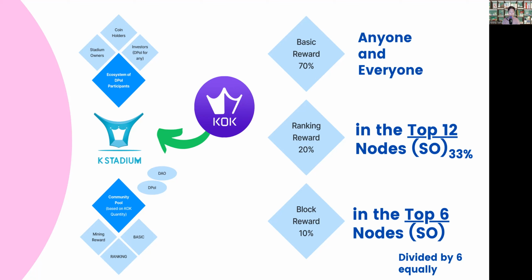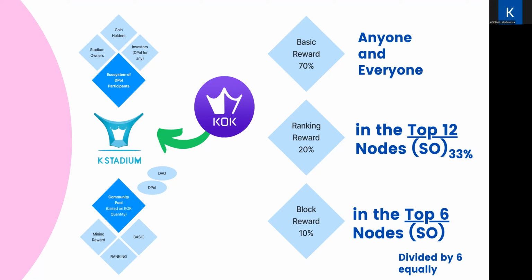If you didn't take part in the asset transfer promotion, you can right now buy KOK and send it to the K Stadium wallet through MetaMask and the bridge. When it first arrives, it arrives as KOK. So that KOK is technically still part of circulation. However, when you change that KOK into SOP, do you know what I mean by that? Yes, yes, SOP.